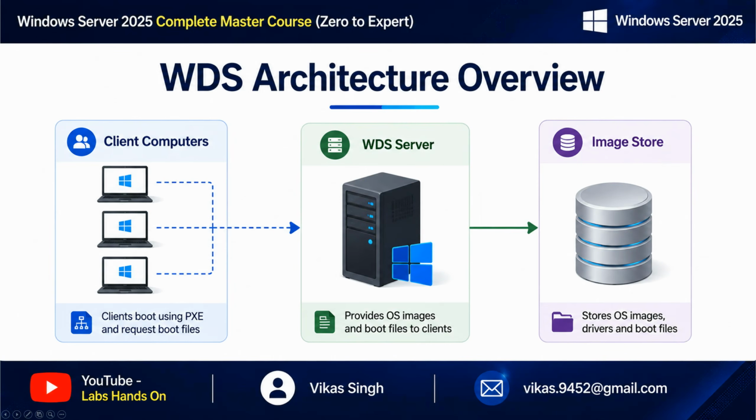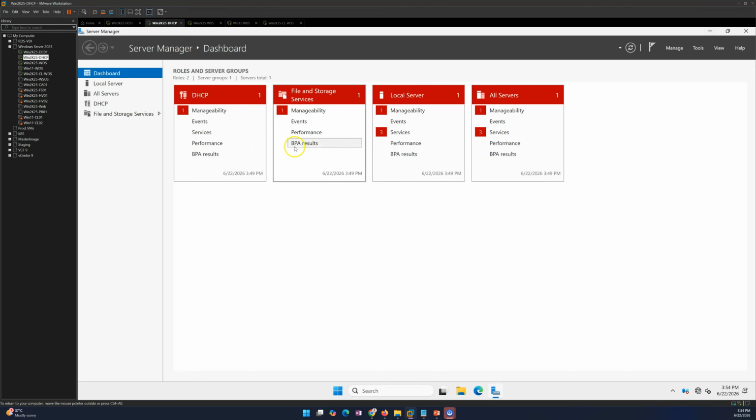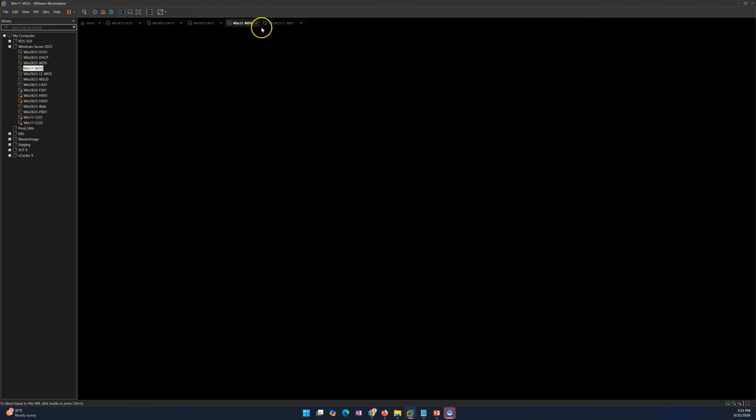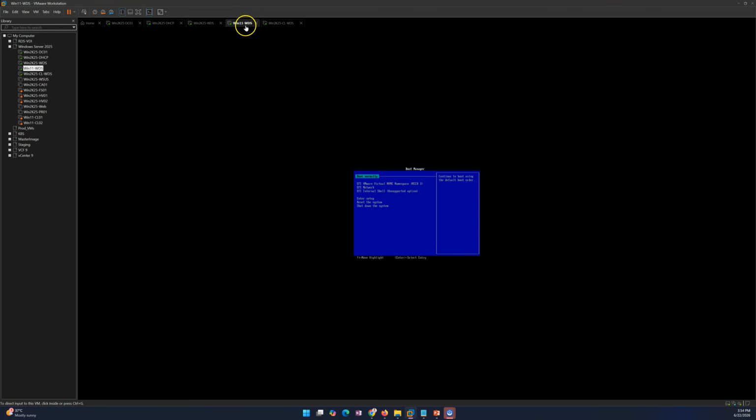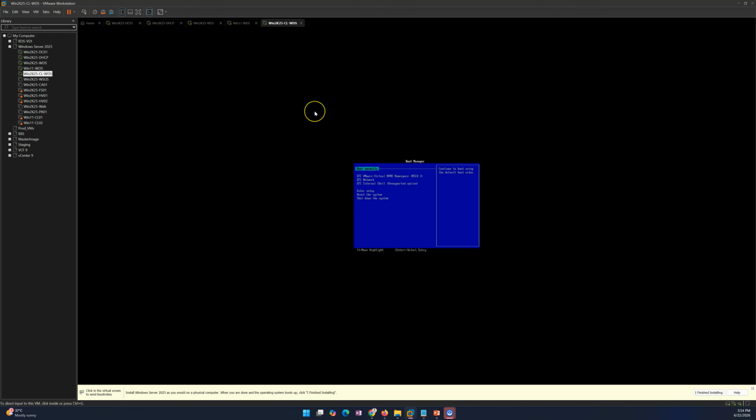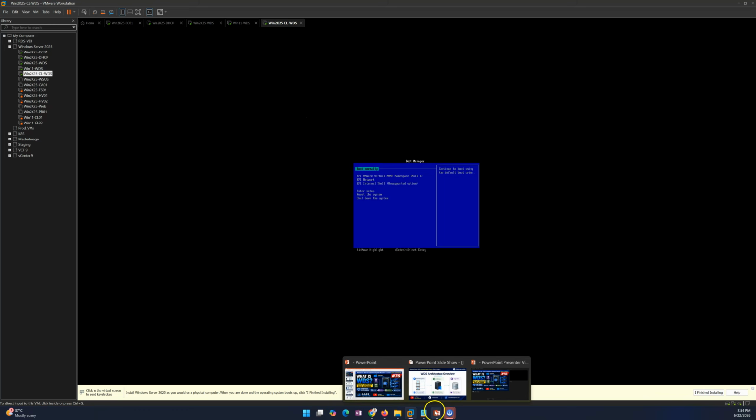Now let's understand the WDS architecture at a high level, basically. So on the left, basically you have the client computers. These machines basically start using PXE boot and send the request over the network for the deployment file. So we have these two machines as PXE boot clients basically, Windows 11 and Windows Server 2025 clients. So these are the client machines basically,